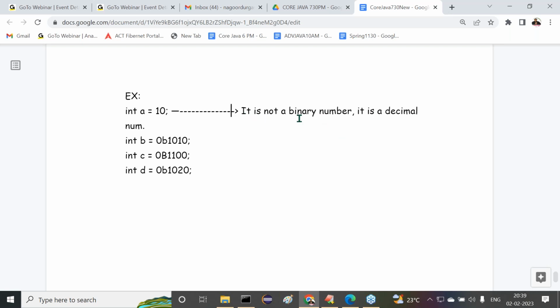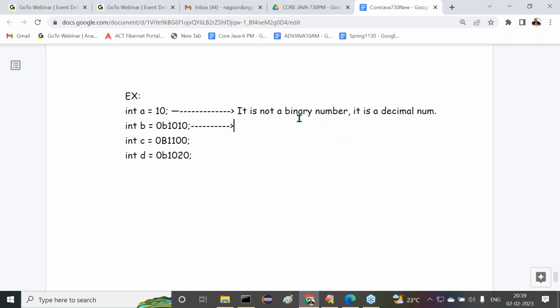Next one, 0 small b 1010, valid. Next, 0 capital B 1100, valid or invalid? Valid. Next one, valid or invalid?